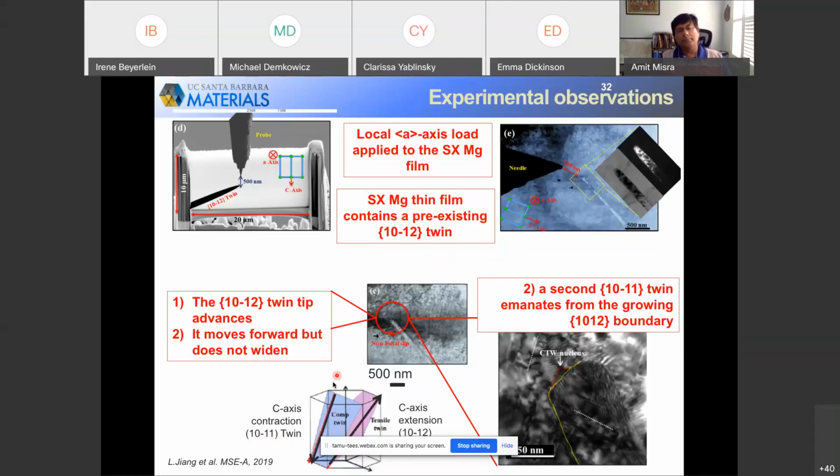When it deforms, it accommodates contraction of the c-axis. So evidently, when this subsequent loading was occurring on this thin film, the stress state was such that it was compressive along the c-axis, and so locally it wanted to form a compression twin instead of